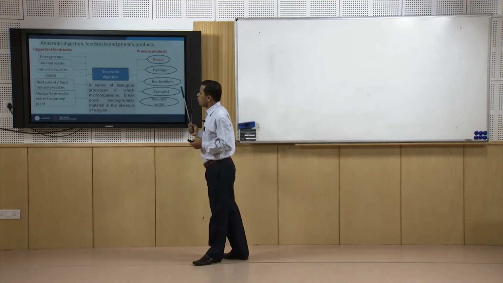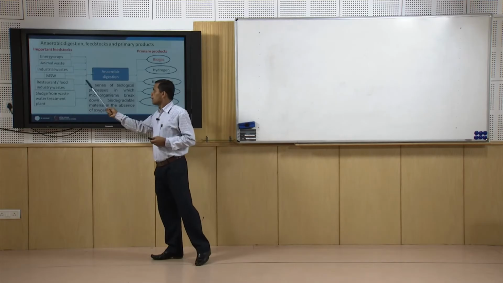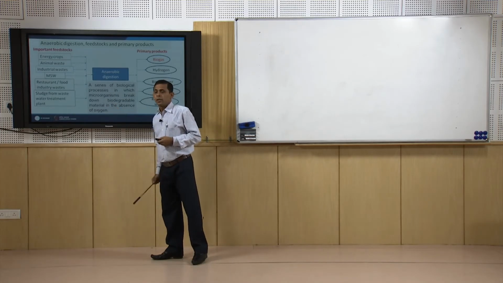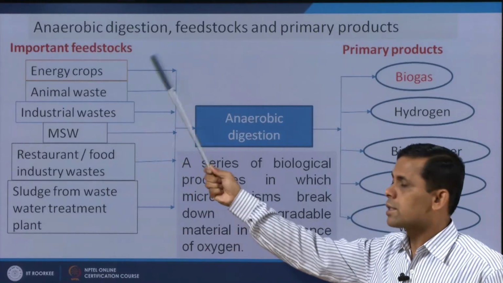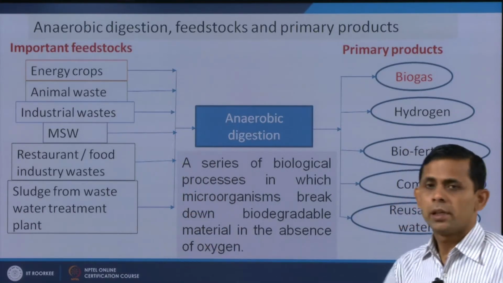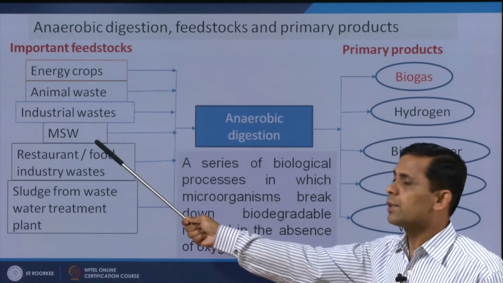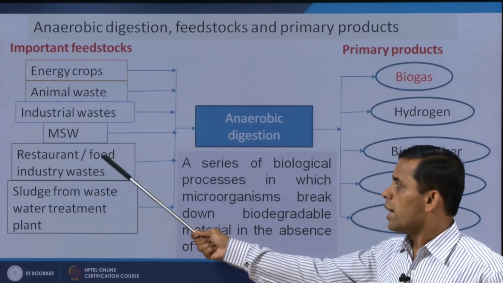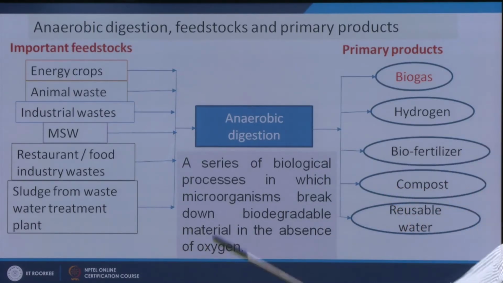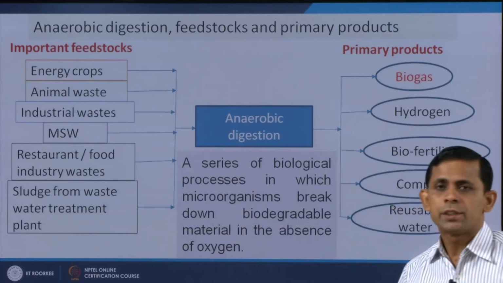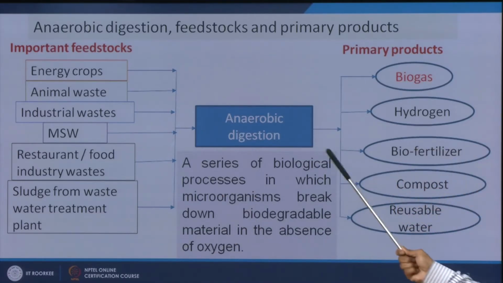Now, we will see what are the feedstocks that can be used in anaerobic digestion. Anaerobic digestion can use energy crops, animal waste, industrial wastes, MSW, municipal solid waste, restaurant and food industry wastes, and sludge from waste treatment plants. So, these are the possible important feedstocks, and what can we get from this? We can get biogas, hydrogen, biofertilizer, compost, and